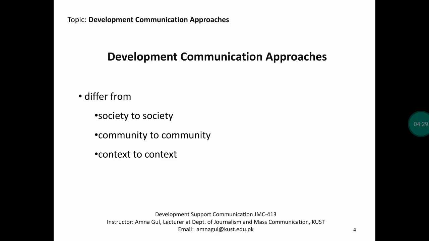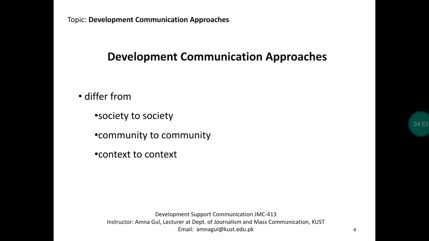Since each case and each context is different, none has proven to be completely satisfactory. There is no one completely satisfactory option. So, in other words, each society and community must attempt to delineate its own strategy to sustainable development. So we do not need to follow something. We actually need to work it out for ourselves.